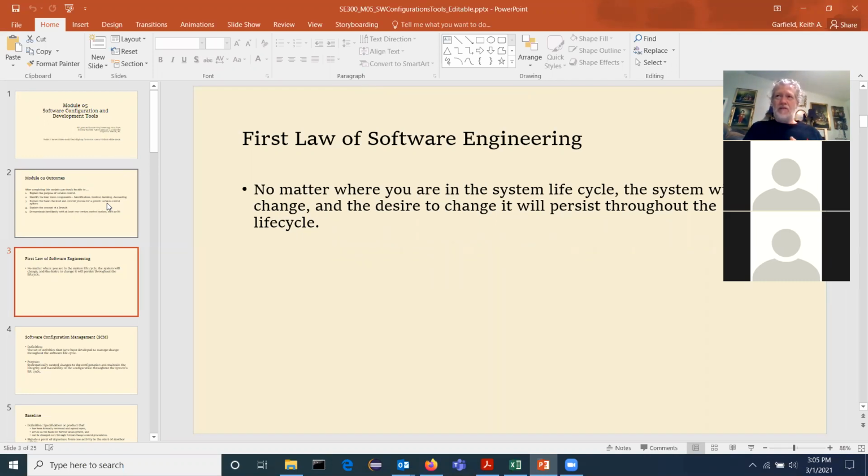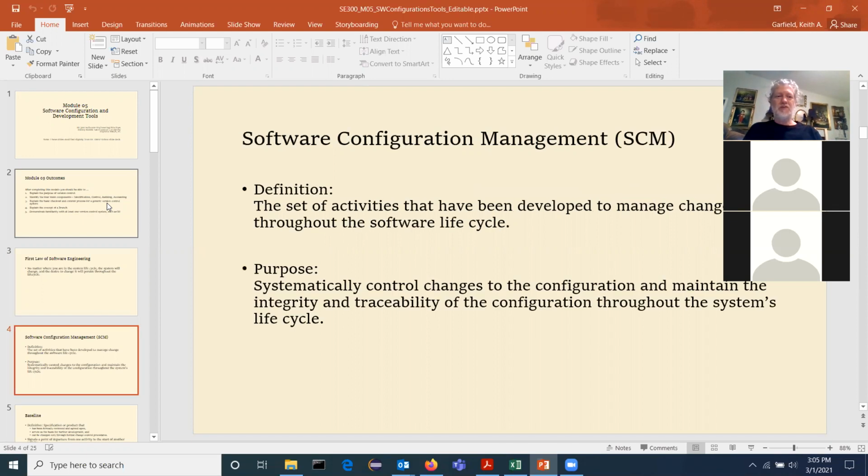I don't know if I've ever yet encountered a piece of software where someone said, yep, it's all done, period, it's literally done. It's always, yeah, it's done, but I'm going to change it to do this. I'm going to change it to do that, or I didn't like the way this was done, so I'm going to modify it. And I hope your personal experiences match that.